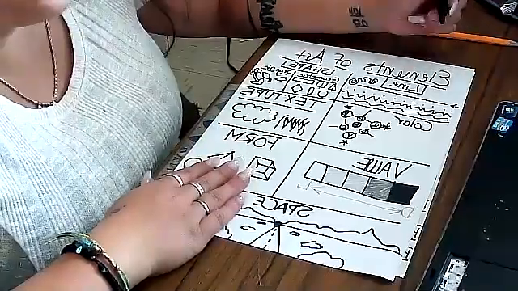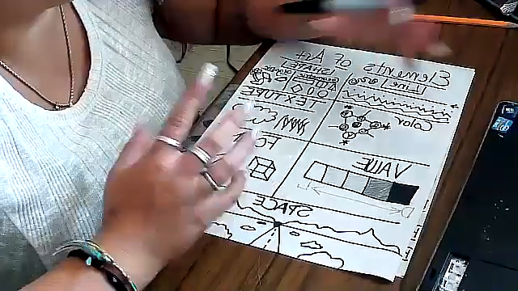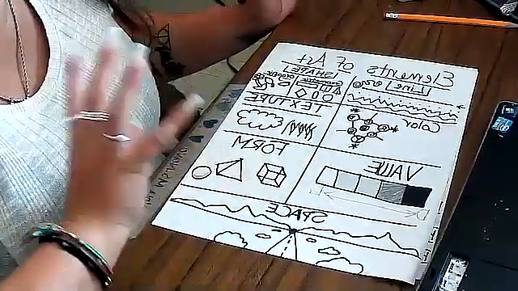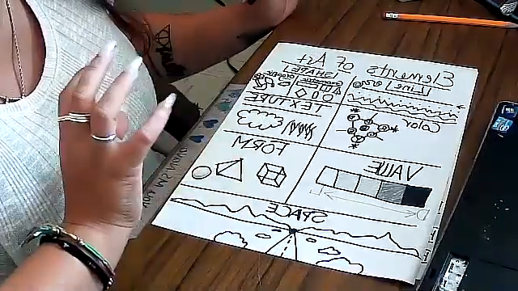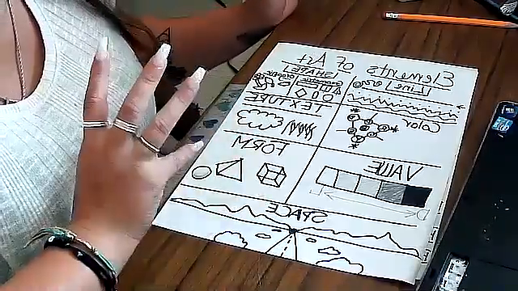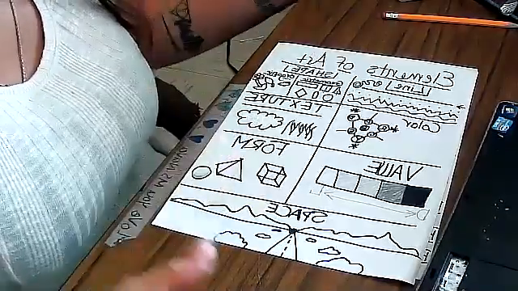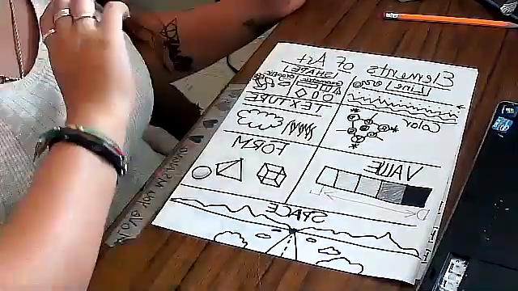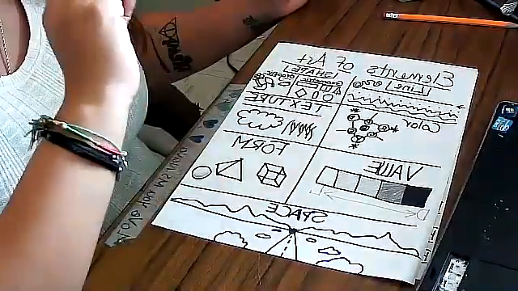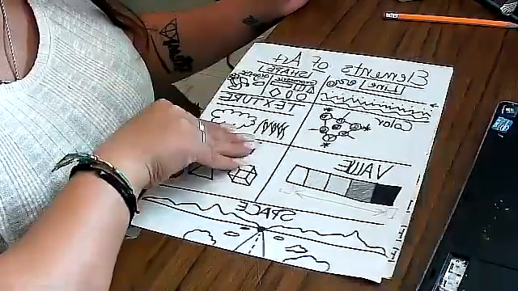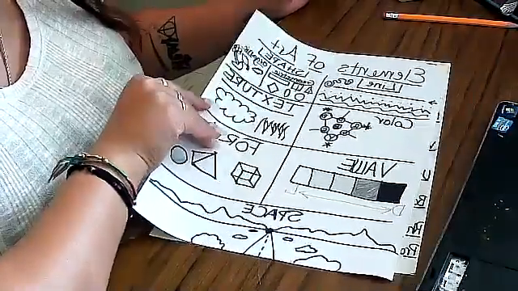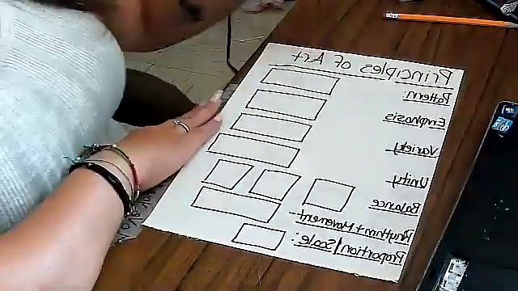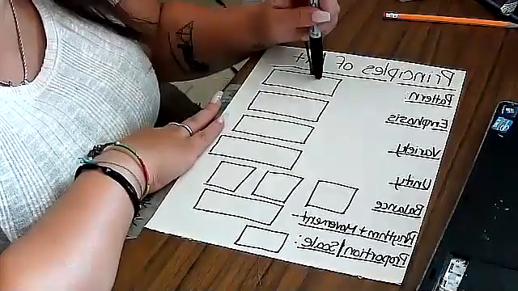What I mean by that is if you take that cheeseburger and you separate all those ingredients that make it a cheeseburger, you take the bread, the lettuce, the onions, the tomatoes, the cheese, the burger, the bacon, whatever you put on it, and you separate them, those are their own individual things. So line is its own individual thing, shape is its own individual thing, color is its own individual thing. But when you put them together, they make the principles of art. The principles of art have a combination of these elements.